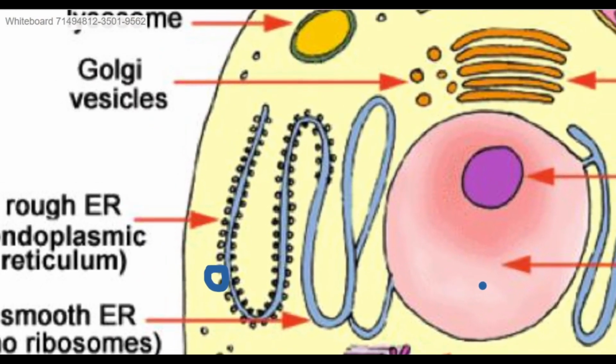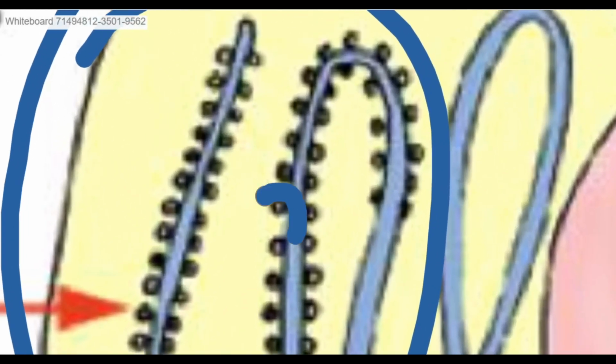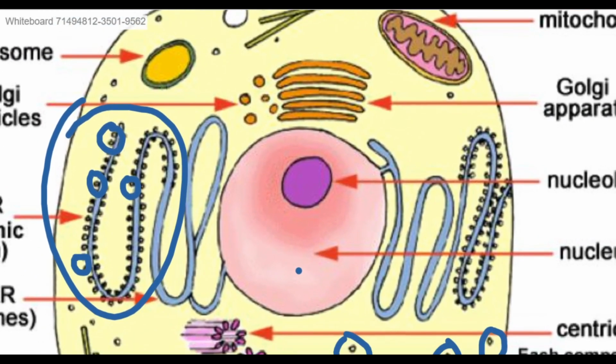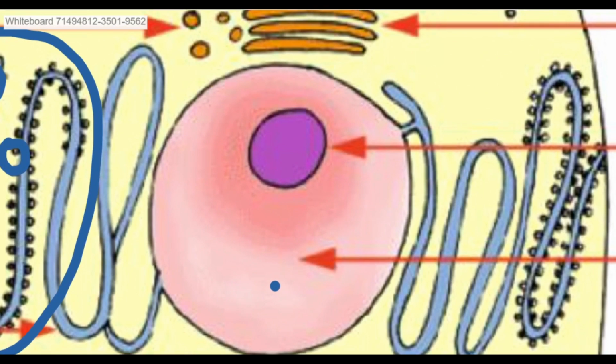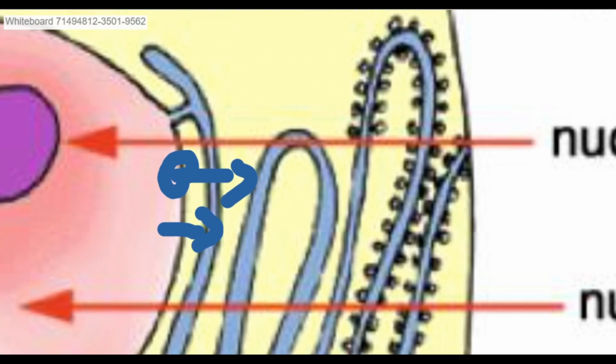So this right here is the rough endoplasmic reticulum, and all these dots represent ribosomes. Now, the function of the ribosomes is to translate genetic material into protein. So, genetic material found inside the nucleus, which is the DNA, is converted into mRNA, and this mRNA is moved out of the nucleus through the nuclear pores. So this pore right here will move out the mRNA, and this mRNA will be converted into protein with the